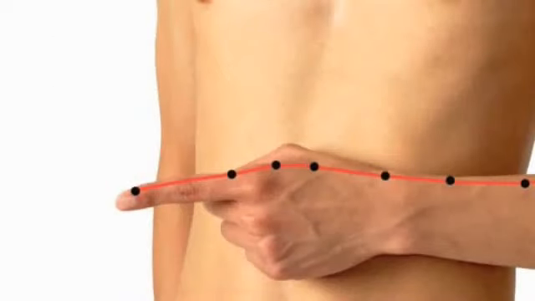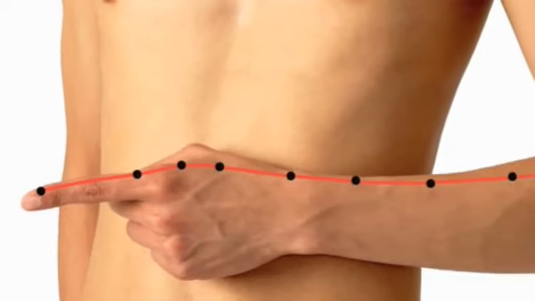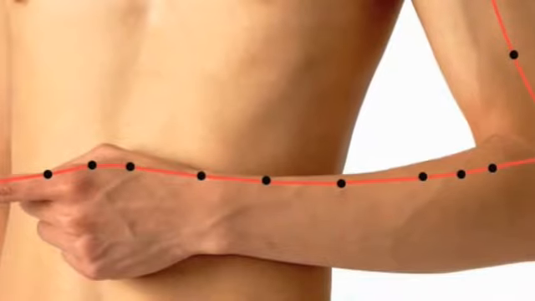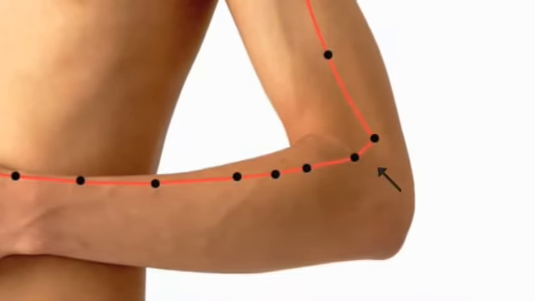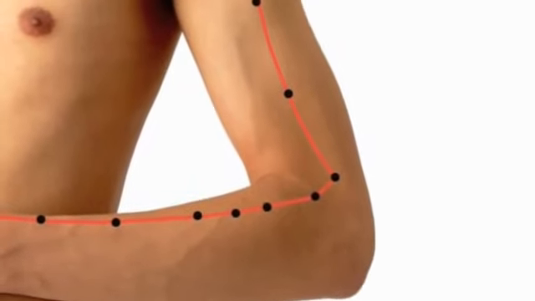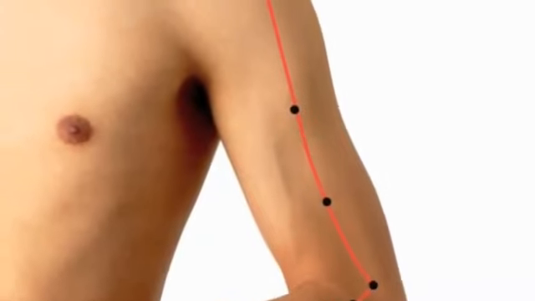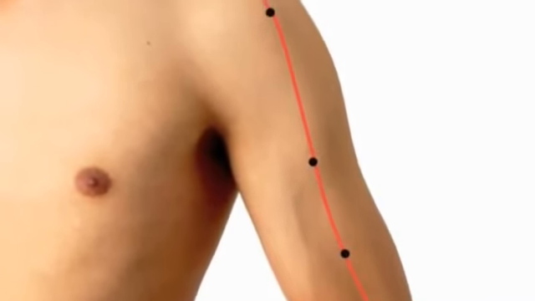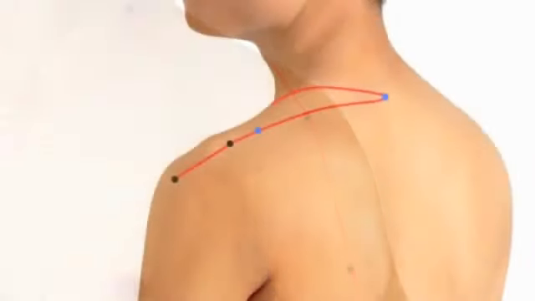The large intestine channel of Hand Yang Ming starts at the radial nail point of the index finger. It ascends the radial aspect of the hand and forearm, passes the lateral end of the transverse cubital crease, ascends the anterolateral aspect of the upper arm, passes anterior and inferior to the acromion process, traverses the top of the shoulder, passes through Small Intestine 12 and Du 14,